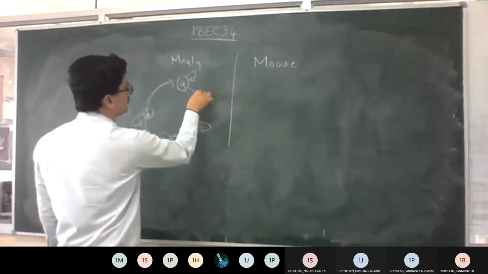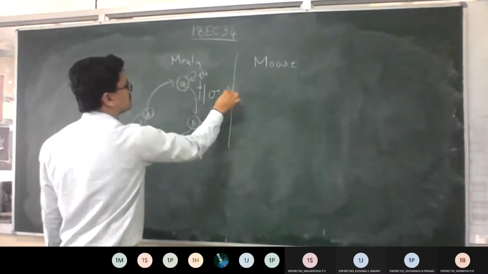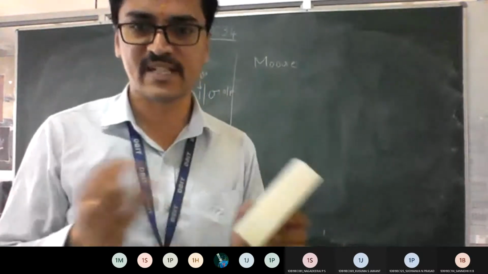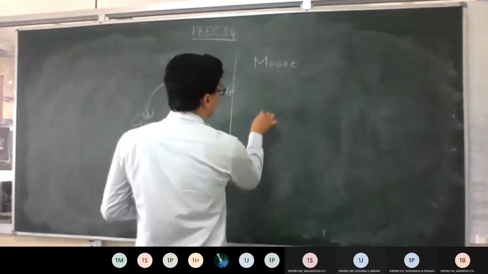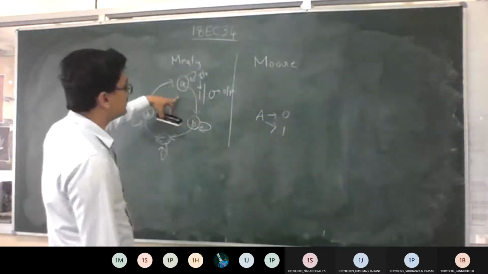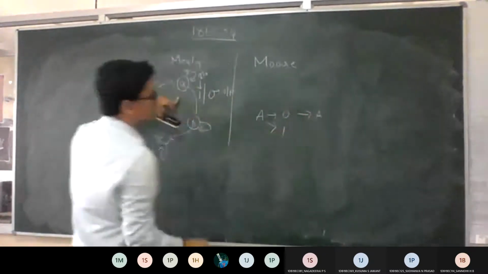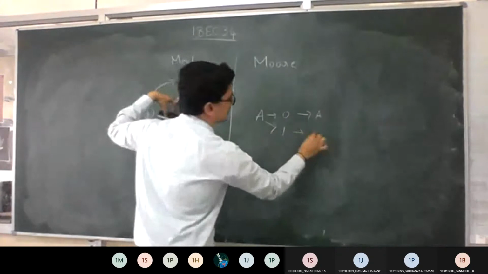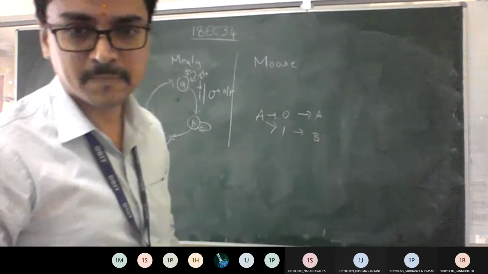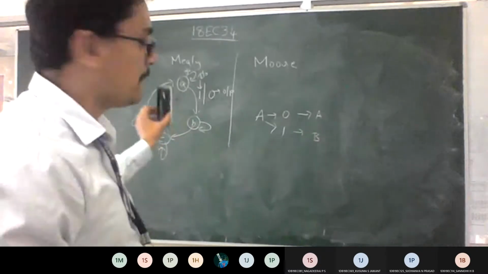Here you represent the first one as input, the second one as output. Whenever we take any state, we have two cases: if it is 0, what happens? If it is 1, what happens? According to this diagram, if it is 0, it stays in state A only. If it is 1, it goes to state B. Agree, everyone? Yes, sir. So this is how you represent a Mealy diagram.